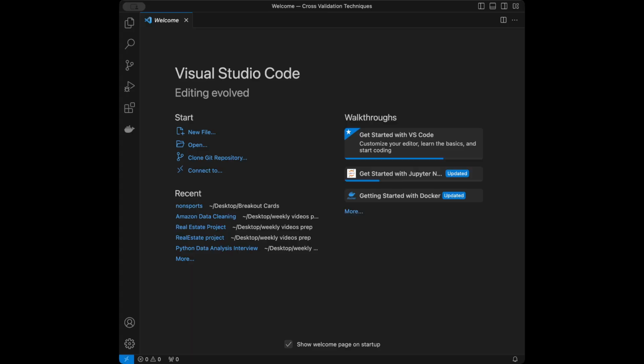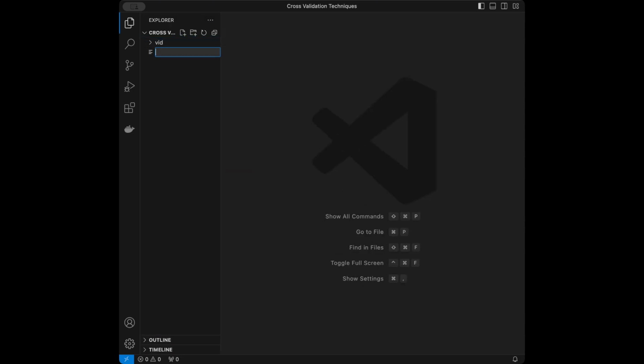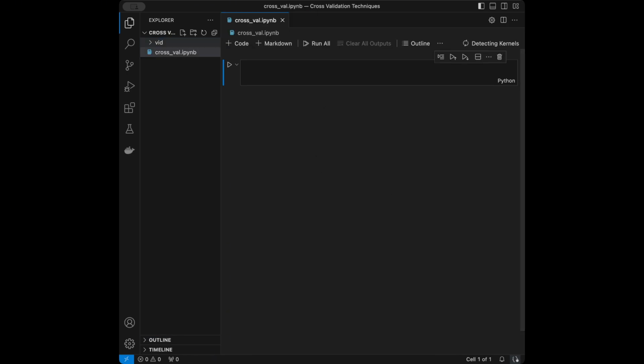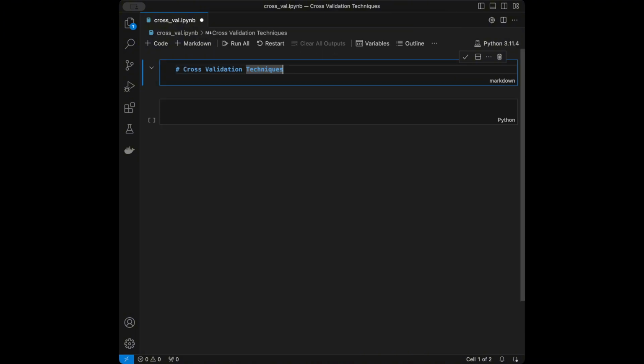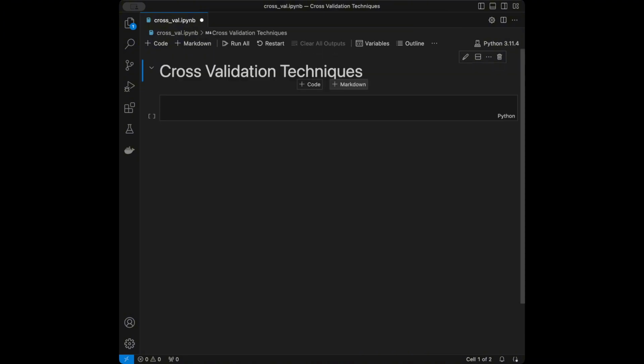Let's start coding. I'm in the Visual Studio Code interface right now. You can use any code editor that you want. I'm going to be closing the welcome page. I'm going to be opening a new file named crossvalidation.ipynb. And now I want to select my kernel 3.11.4 and we can make this run, and let's talk about